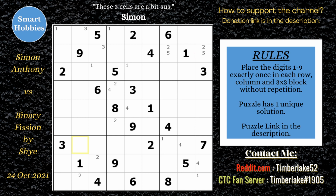And then he continues on with the 5s down in block 8, moves on to the 6s, notices that these 2 6s are restricted in block 5 to row 6 because this 6 is coming up, and so that makes it a pointing pair. 6s can't be in those 2 spots anymore. So now there's just 2 places left for 6 in block 6. And now